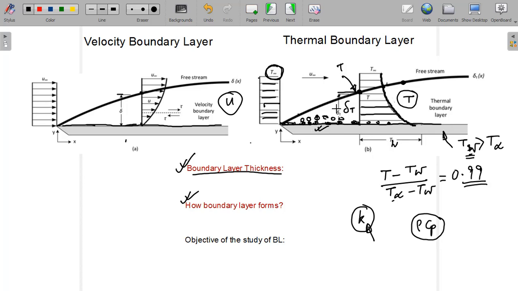So in this way, if k is very high, you can understand that the chances of diffusion will be more, and the thickness is expected to be more. But if rho Cp is large, thermal inertia will be more, so the chances of delta T will be less. So ultimately at different locations you will find some value of delta T. Now if you compare the formation of the thermal boundary layer with the velocity boundary layer, there is diffusion of the momentum disturbance instead of a thermal disturbance; the solid plate was creating the momentum disturbance because of the no slip at the solid surface.